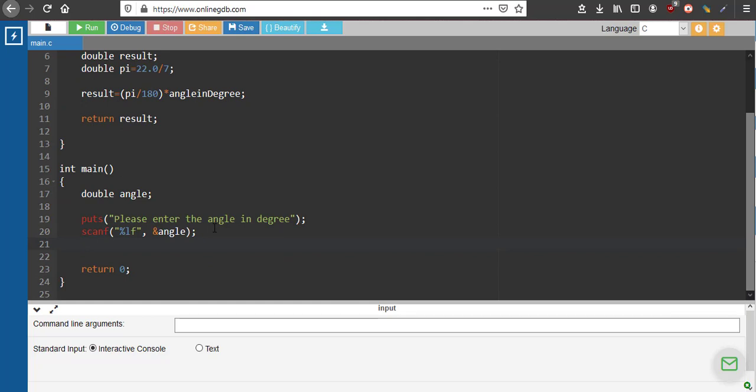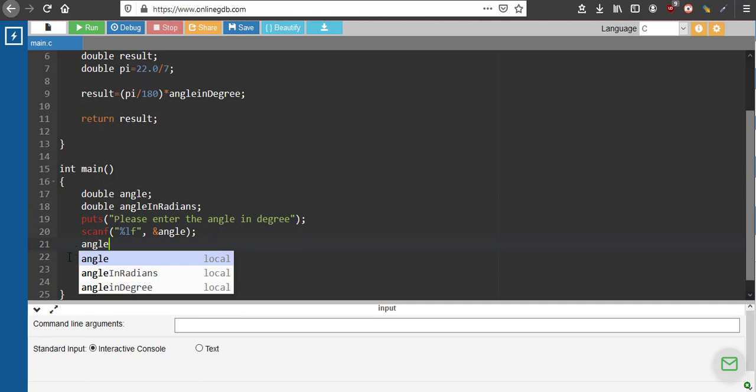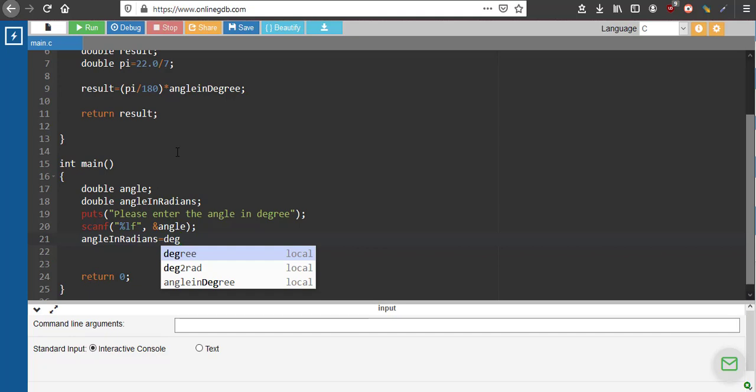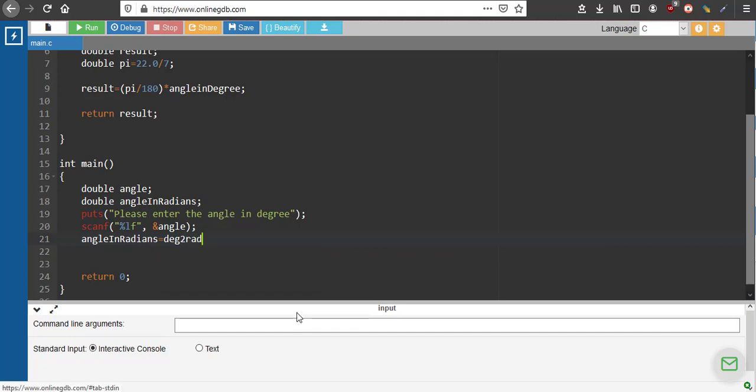So now whatever the user has given is stored in angle. Now you just have to invoke the function. So double angle in radians. We'll store the angle in radians. Angle in radians equal to degree2radians of angle. Right? We'll print the result.